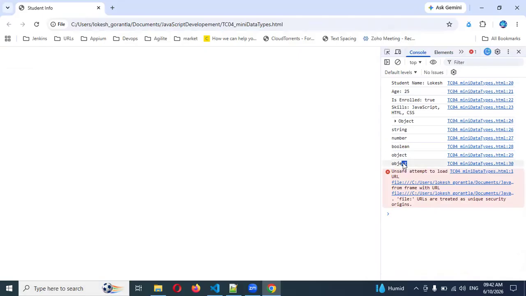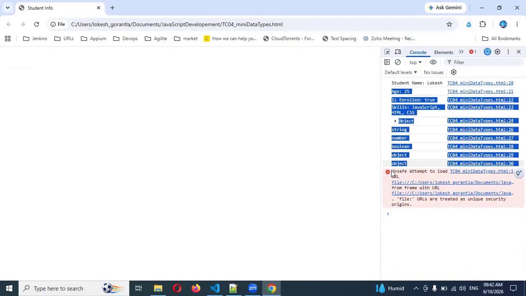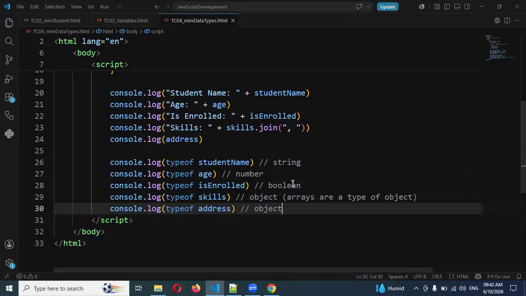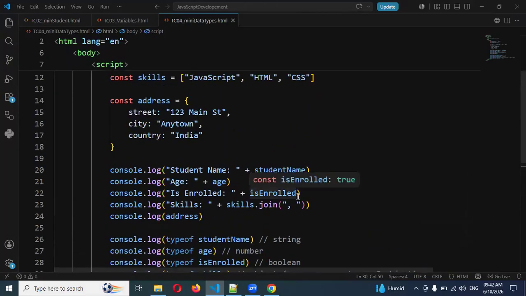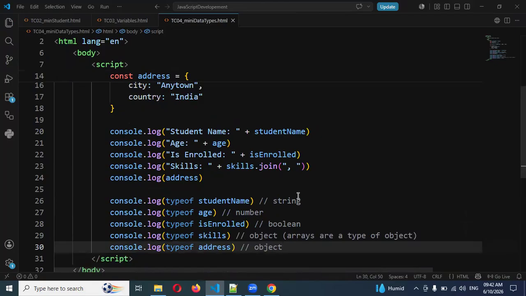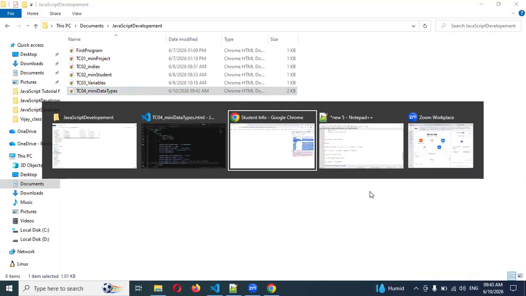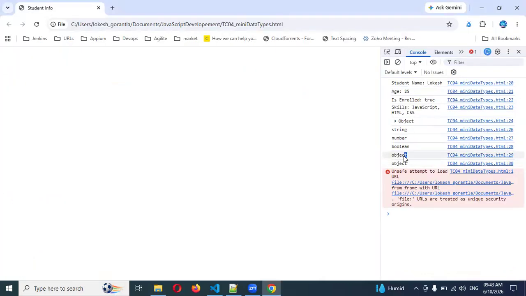You can see object and all. Okay, like this we get it. Now here array types are like objects. You can see that object only is displayed. Okay,